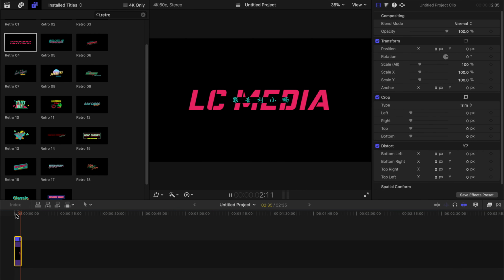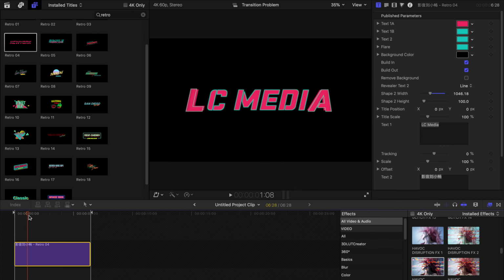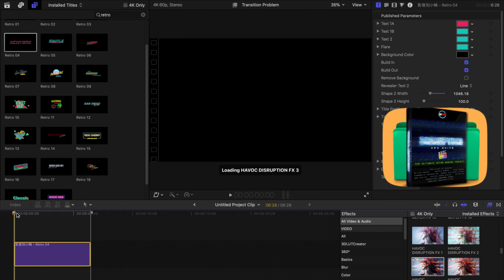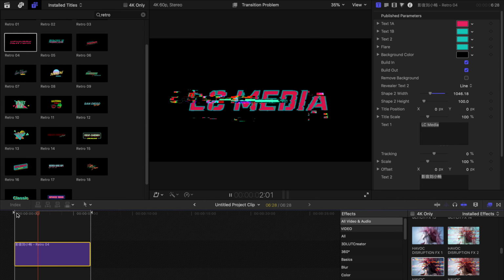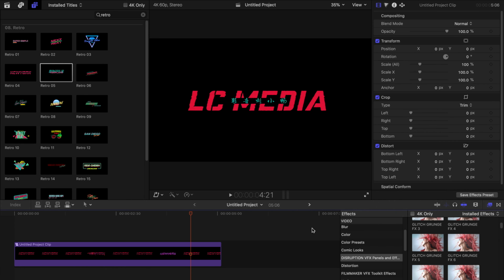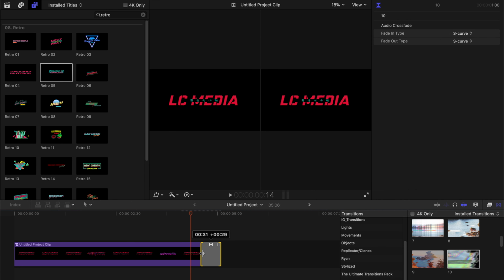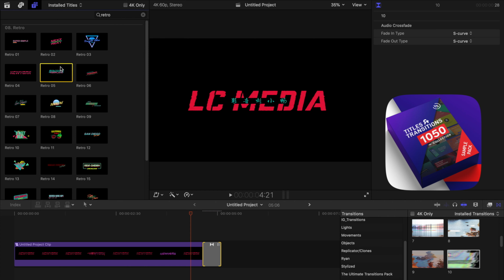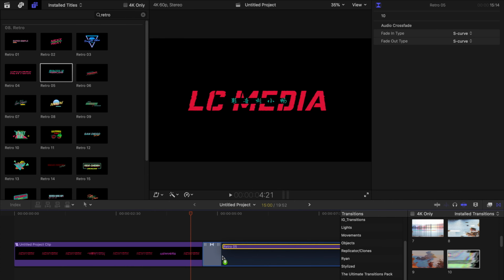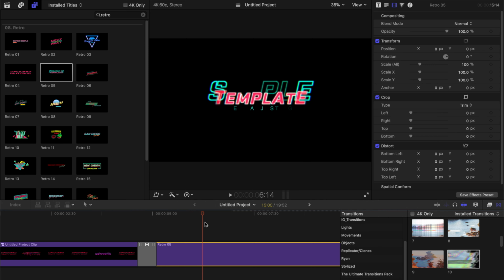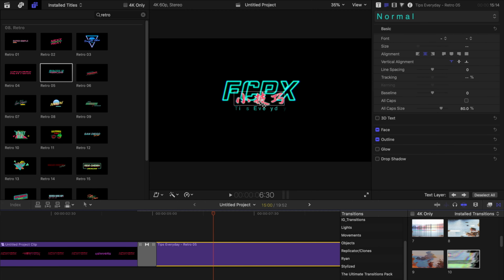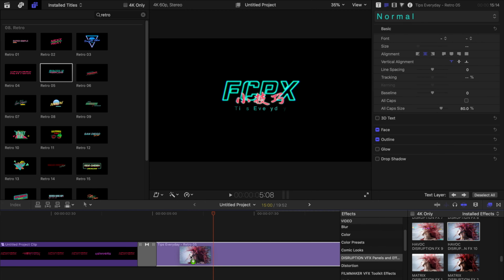You see it's better, but then it's flat. So you double click to the compound clip, drag the glitch effect from Cinepunch and put it onto your clip, and you see it's much better now. And then go back to the original timeline, drag a glitch transition from the titles and transition pack and shorten the transition, and drag a second title onto your timeline behind your transition, and then drag one more glitch effect